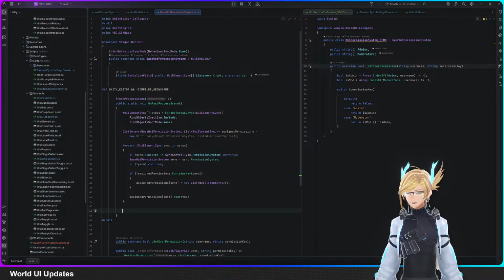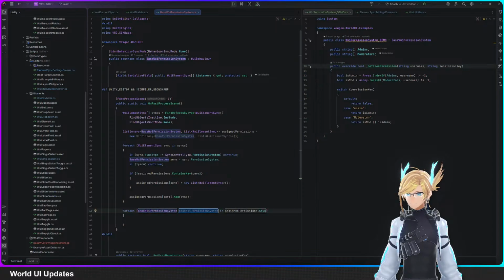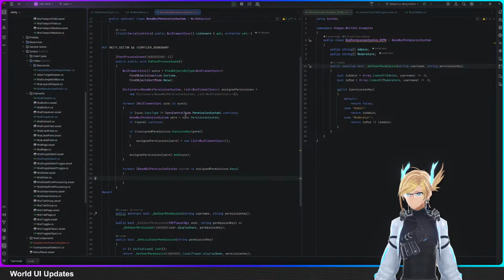Then at the end of this, we'll do a foreach on assigned permissions keys, and then system.listeners equals assigned permissions system dot